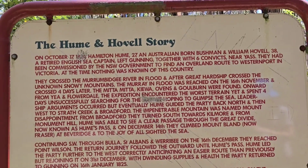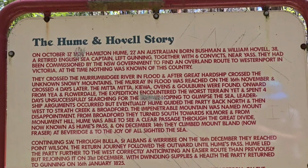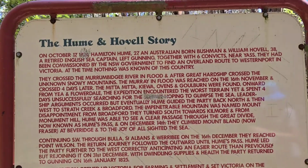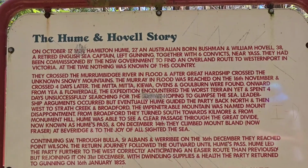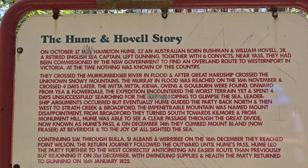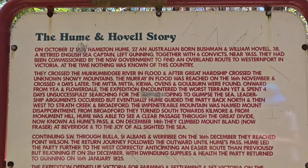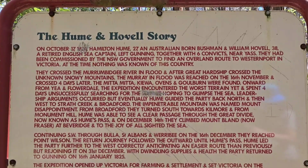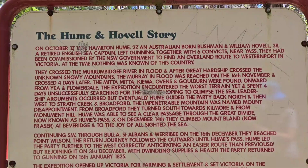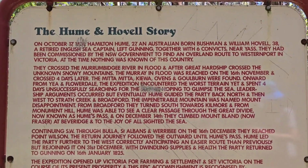Worst terrain yet, and they spent 4 days successively searching for the summit, hoping to glimpse the sea. The leadership argued, but eventually Hume guided the party back north and then west to Strath Creek and Broadford. Yeah, Broadford's actually a nice town. Okay, so Mount Disappointment. From Broadford they turned south towards Kilmore, and from Monument Hill Hume was able